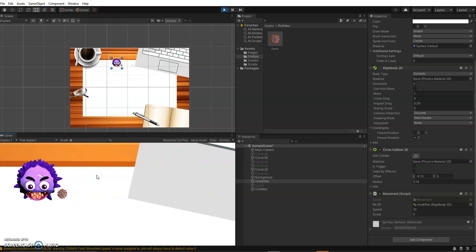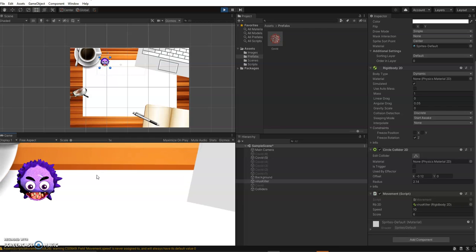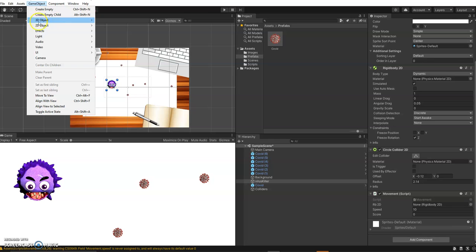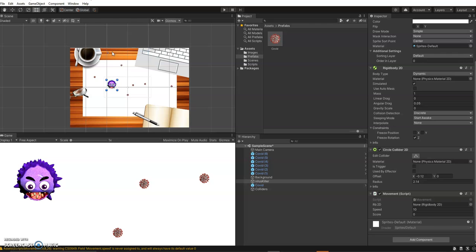Now, of course, the problem is if you're playing this, developed it for your phone or whatever it was, we couldn't see the score. So we want to create some text on the screen so that we can show the score. So I'm going to do that by coming under game object, UI, so user interface, and text. This is a pretty basic text. Once you put that in,